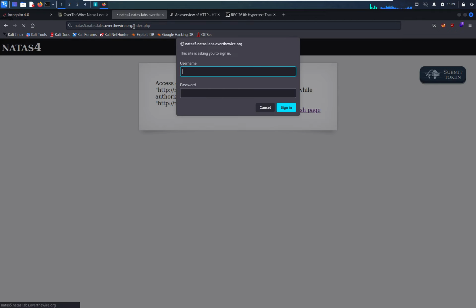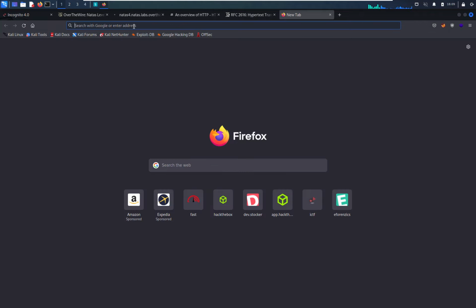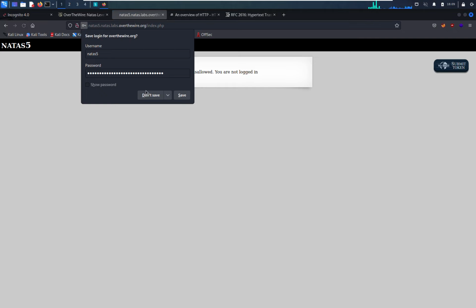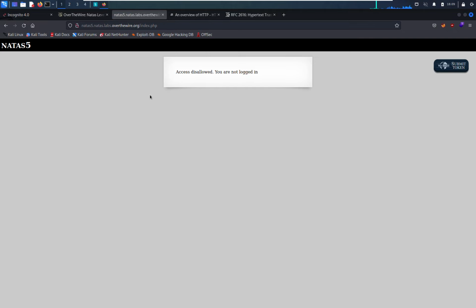So natas5, the username was natas5, and then the password was that nice long thing I just had. Okay, it's still copied to my clipboard. Awesome. There we go. Okay, and now you can see for the next level here,